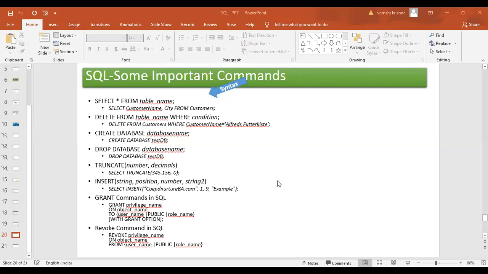Table name. Guys, in SQL there is no problem with capital letters, you don't have to worry about that. I got it, ma'am. But select is our command. Then after the comma, is that mentioned as a command or is it for our understanding? It is a command. Okay, I have to get customer name from the column, from the table, okay.